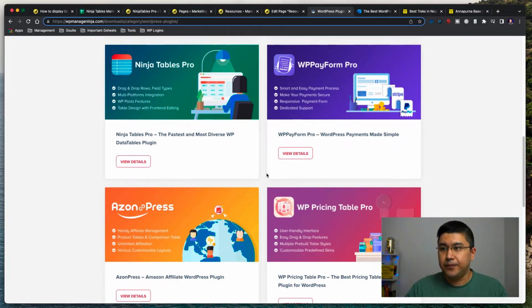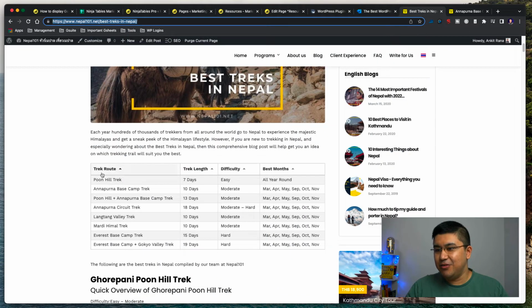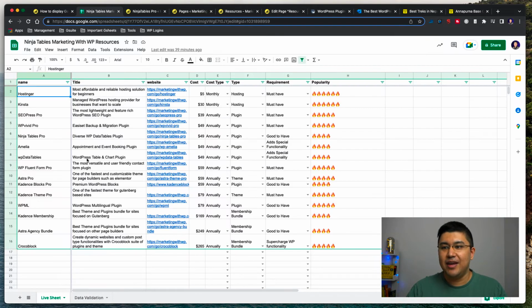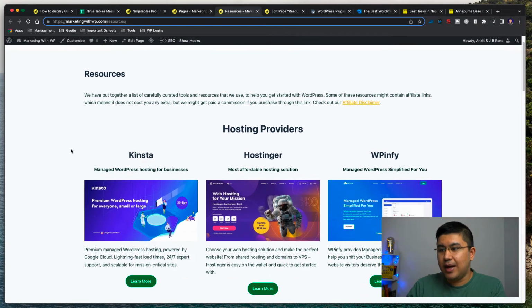So first of all, if you want to have information on a table and show it on WordPress, first of all, you need information to show. So I have a list of information, a table already made, and it's called Ninja Tables Marketing with WP Resources. So this is a table that has important affiliate links that I want to put on my resources page, which is over here, right? So I have this